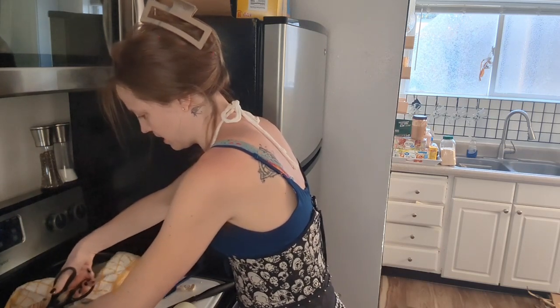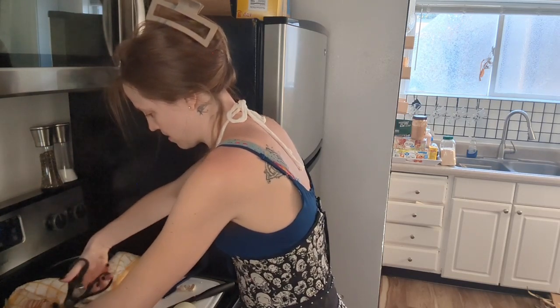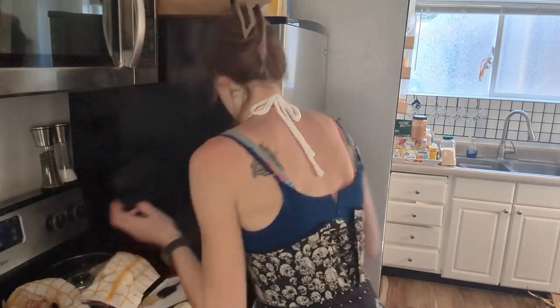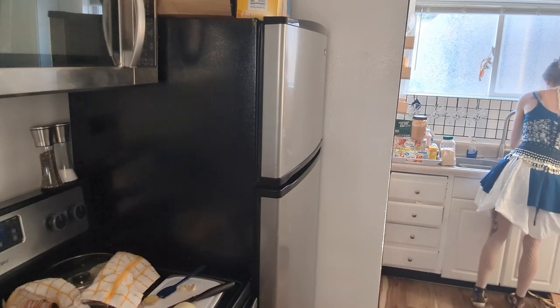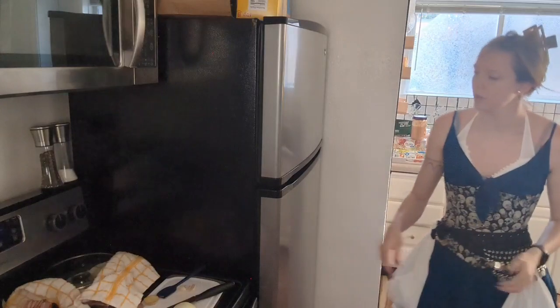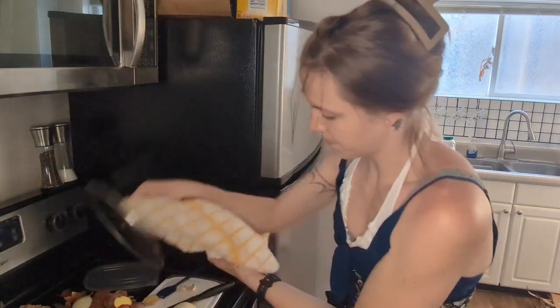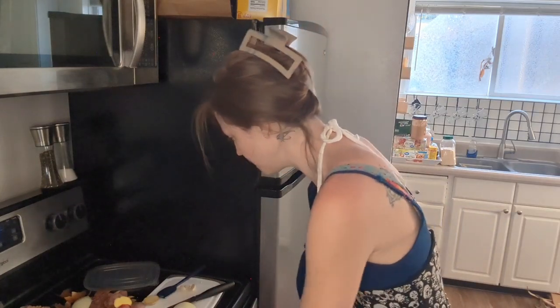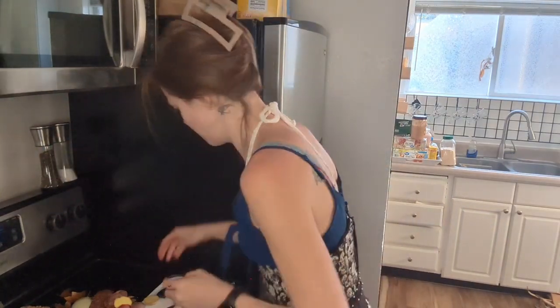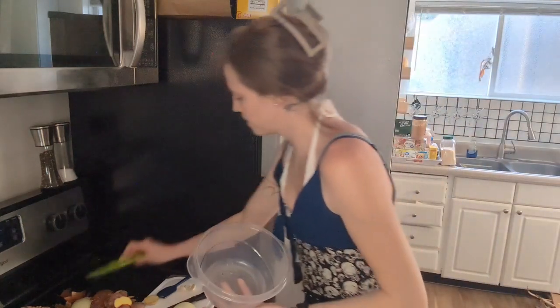We're just going to give all these a little cut right now so I don't have to do it later. So I'm doing this. Okay, now I gotta wash my hands. Put this lid on so it doesn't freak out and splatter me and get all over me. This on here. And then I'm gonna keep all my